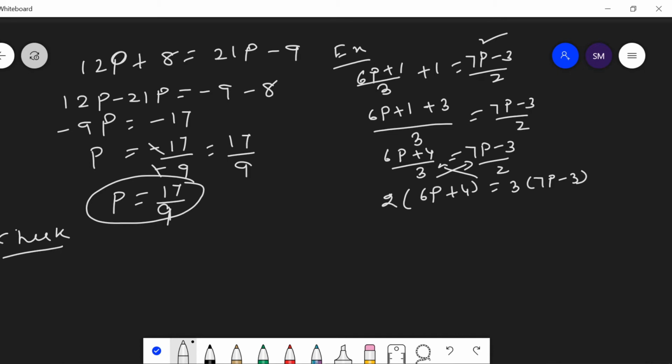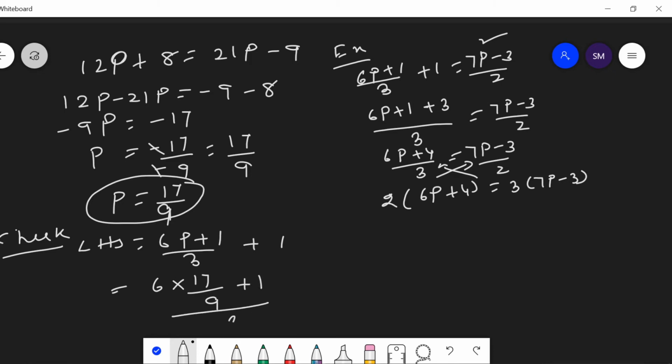Then let us solve, check it. Then take the LHS. LHS is equal to 6p plus 1 upon 3 plus 1. Then put the value of p in the LHS as p is 17 upon 9 plus 1 upon 3 plus 1, which is equal to